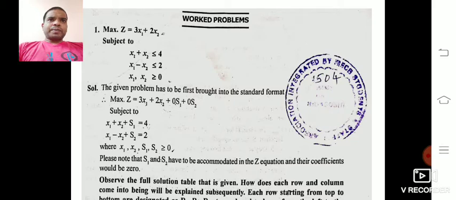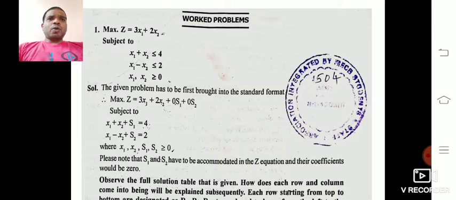Now it is a maximization type, so we can solve it by the simplex method. Maximization type is there, as well as less than or equal signs in the constraint equations. Now this problem is in the standard form. Now we need to convert this problem into standard format. In the first step,